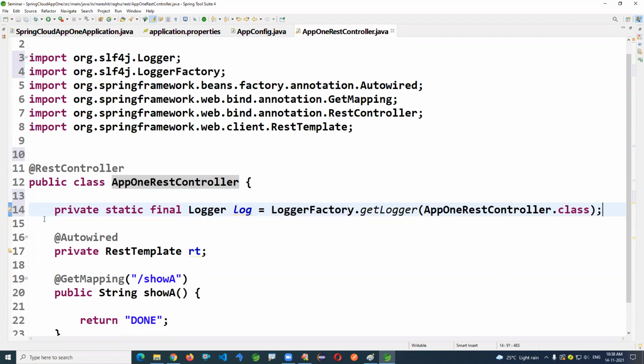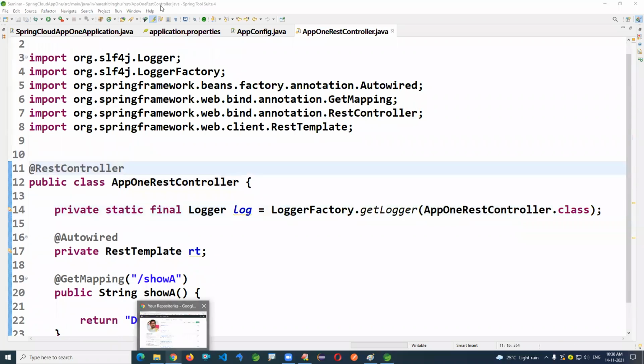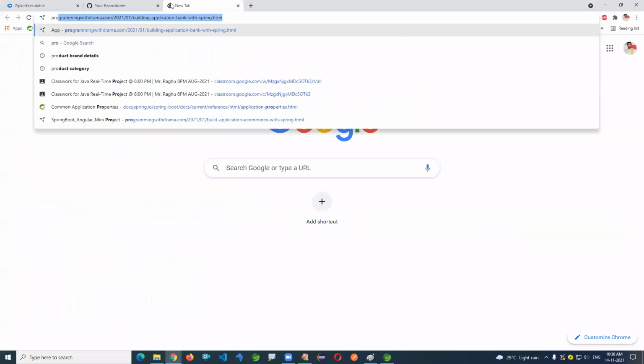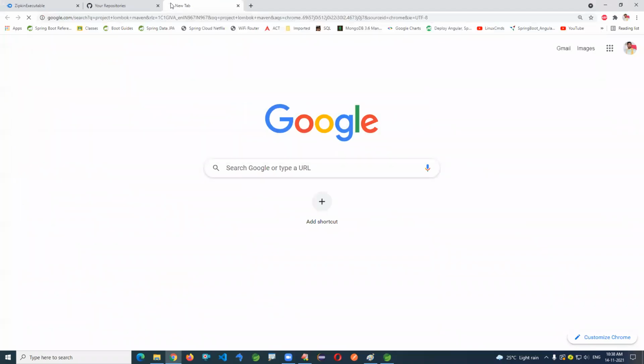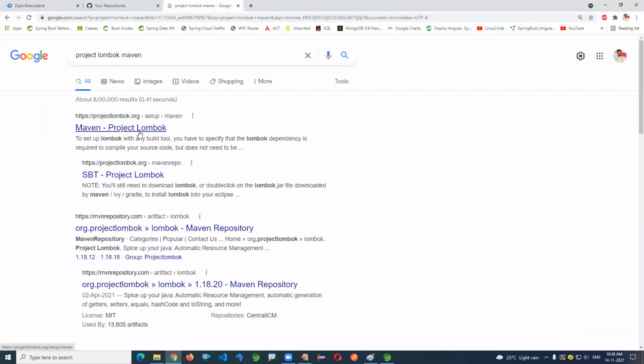If you don't want to write this line manually, we can add the Lombok dependency and write one simple annotation here. We can use the Project Lombok Maven dependency, but you have to activate it, then only you can use it. Directly we cannot use it.